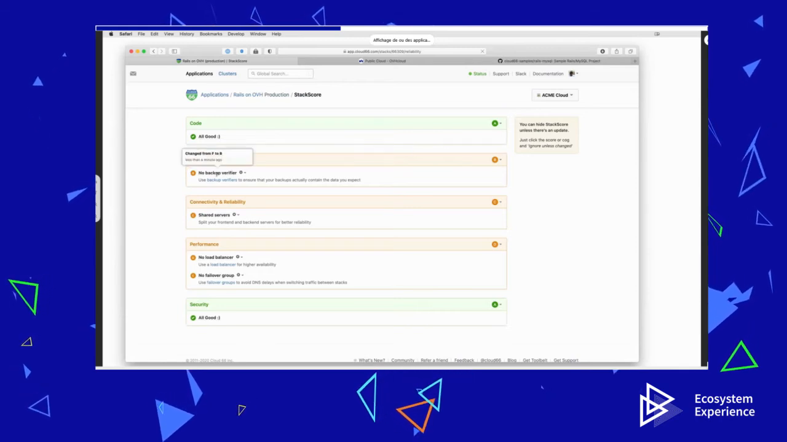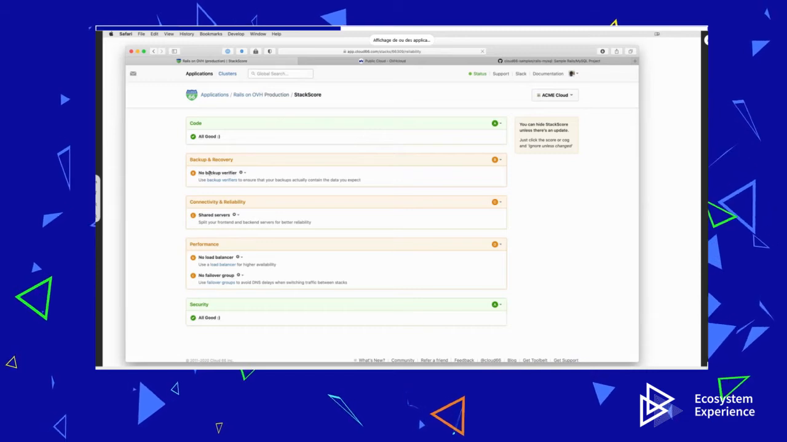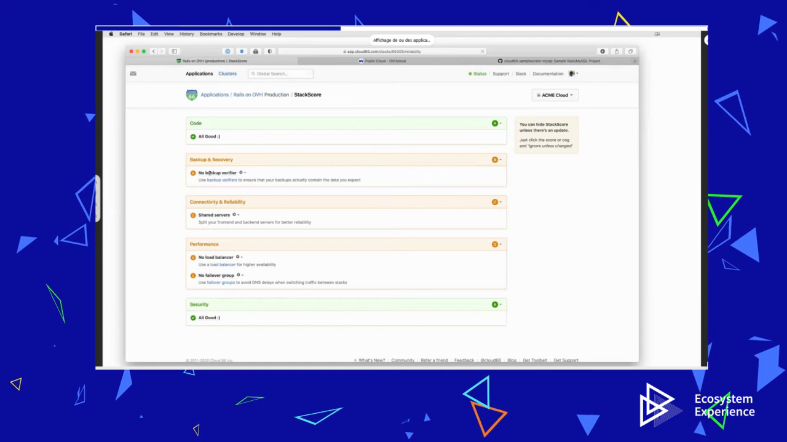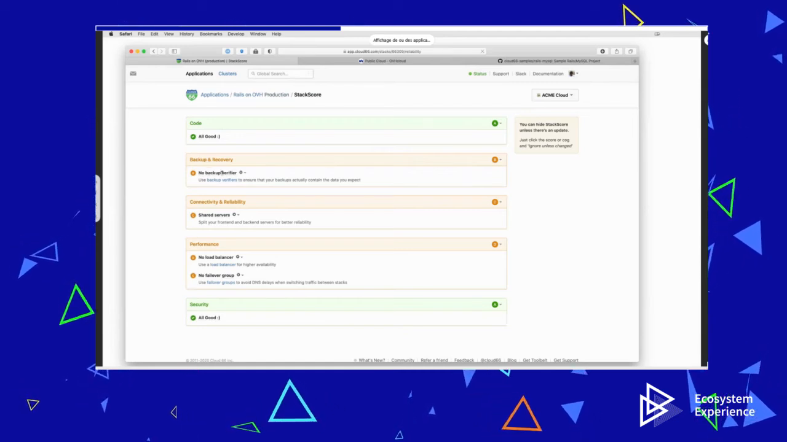Now what I'm getting is you don't have backup verifiers. So what are the backup verifiers? That's another service and feature that Cloud 66 stacks have. So not only do we help you take backups as easy as you just saw, take a backup of your stacks, but we can also let you run